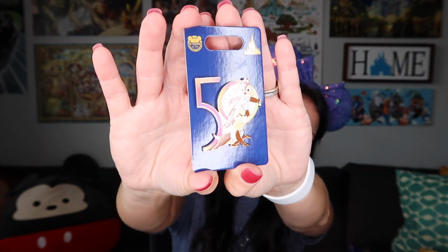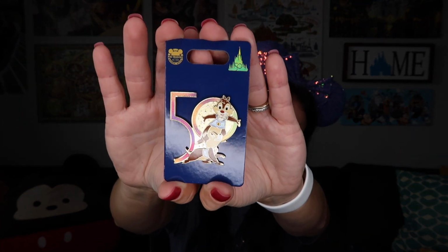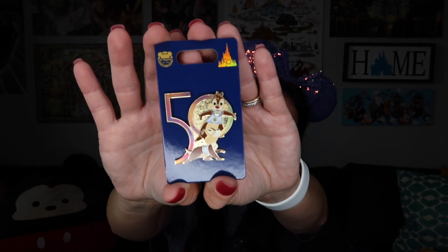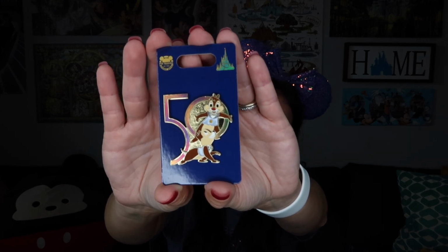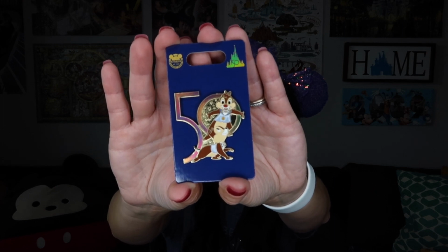This one I thought was really special because it's got Chip and Dale. And behind Chip, it almost looks like Spaceship Earth. It's kind of like little glittery and geodesic with the 50 as well. But they look like they're having fun. Their little vests. I love their outfits. They're so cute. And so the next two were the limited release, and they actually had them available at Magic